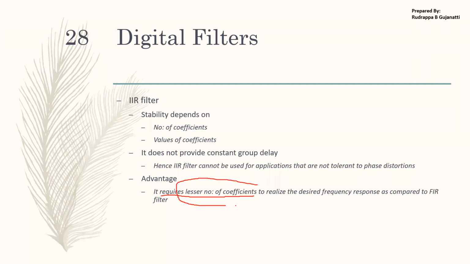When fewer coefficients come into play, less computation time is required, whereas in an FIR filter, more computation time would be required. Apart from this, if you're using hardware and computing the coefficients, less power consumption will be present because you have to estimate fewer coefficients. But in FIR, the power consumption can go higher as compared to the IIR filter.